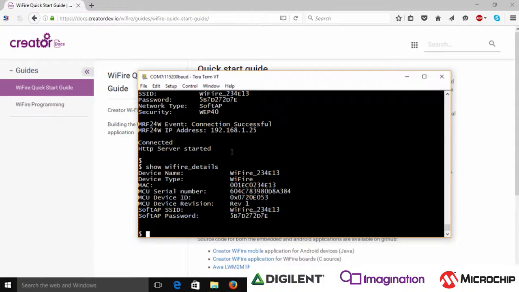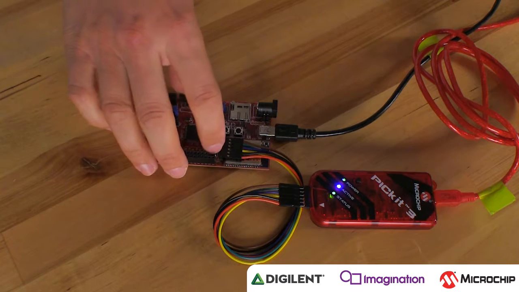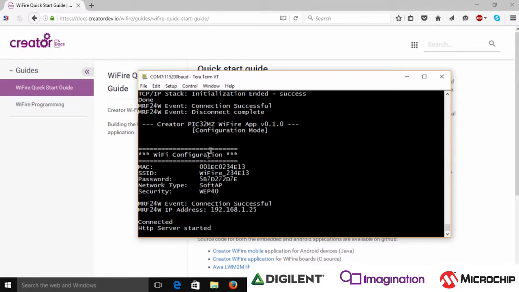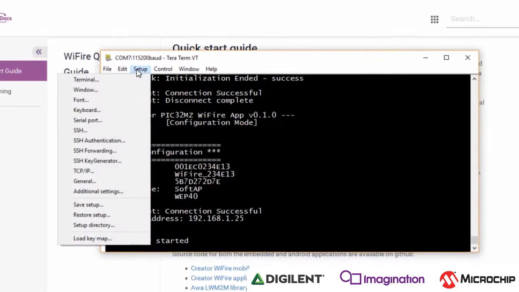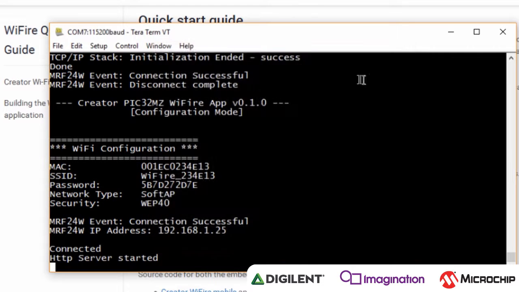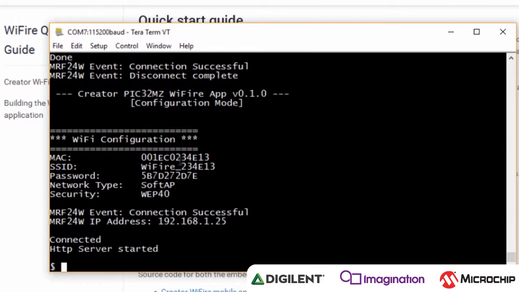Here I'm using Tera Term, and I can reset the board. I'm connected. You can see I've connected it through the serial port. We've got a baud rate of 115,200 at 8 bits of data, no parity, 1 stop bit, and no flow control. Here we see the startup message from the Wi-Fi board, and we press enter to get a prompt, and now we're going to be able to ask what the configuration information is